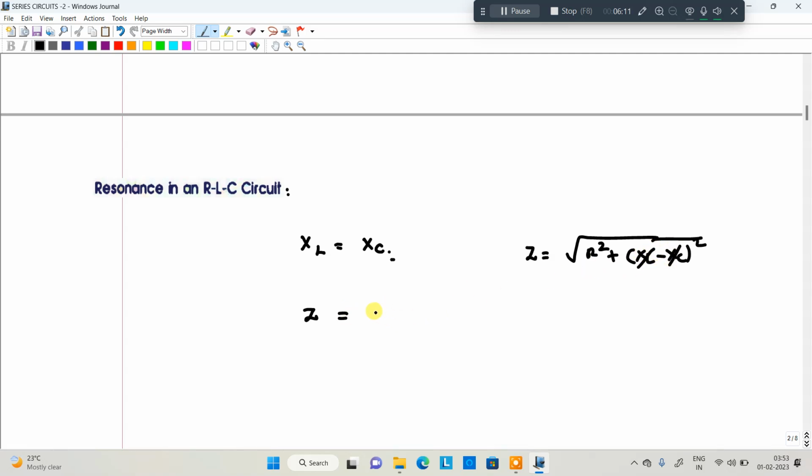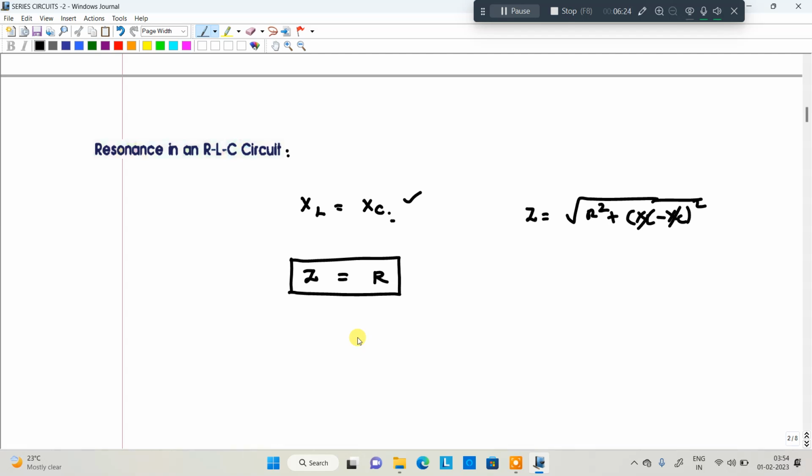You will get R. That means whenever XL is equal to XC, resonance will occur. Whenever resonance occurs, impedance Z is equal to R. So impedance is equal to only resistance. Whenever Z is equal to R,